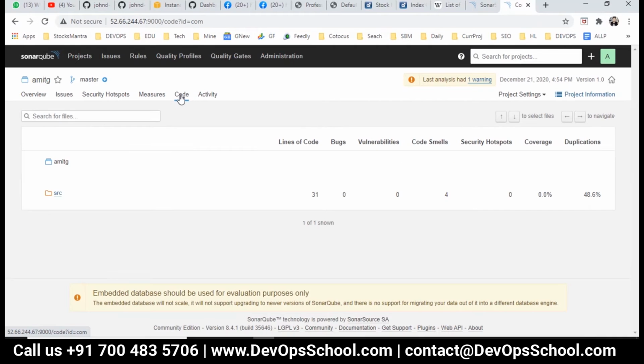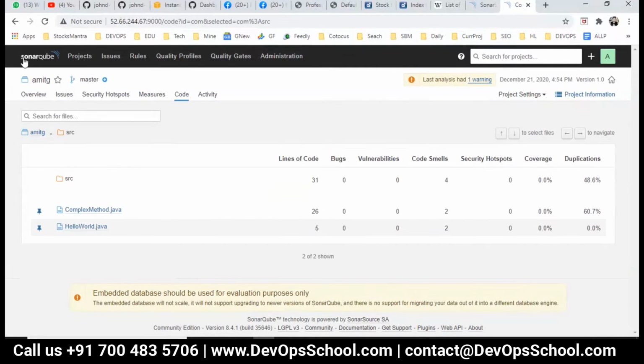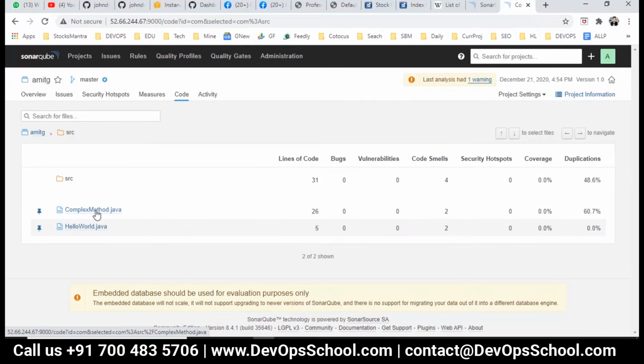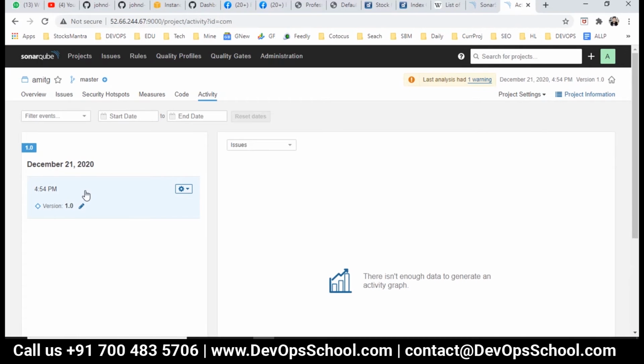You can browse the code also. This is the code, I'm browsing it. You can see at the project level here: lines of code, bugs, vulnerabilities, code smells, and many things. But at the source code level also you can traverse and find out where the problem is. Activity shows how many runs have happened. You can compare between 2 runs, 3 runs, or whatever it is. Are you going down or up? This is all about